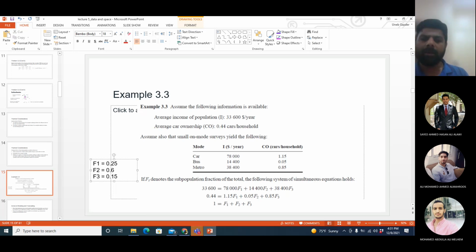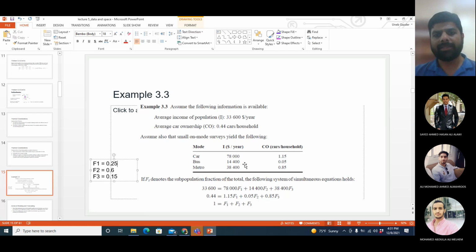Okay, but coming back to the question, what did we calculate? We calculated the percentage of car users, bus users, and metro users in the entire population. 25% car users, 60% bus users, 15% metro users. So they are not like us at all. In our case, I think we will find more car users, right? Maybe 80% car users. So if you want to now apply stratified sampling or do something like that, you have to use these percentages which you have calculated.